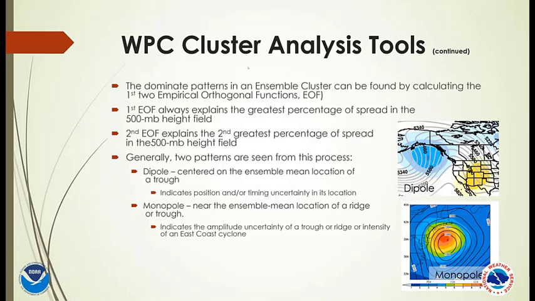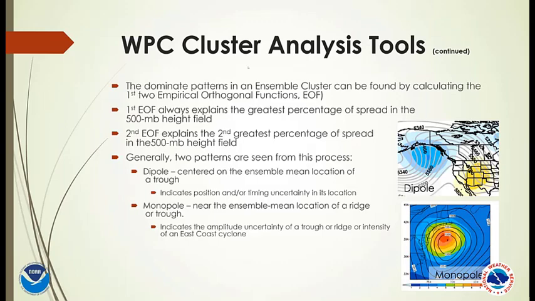What they found is the dominant patterns in the cluster can be found by calculating, like I said, only the first two EOFs. The first one is always the greatest percentage of spread in the 500 millibar field. The second is the next greatest percentage, and so forth and so on. Generally, two patterns are seen from this process, and if we looked, we have a dipole,